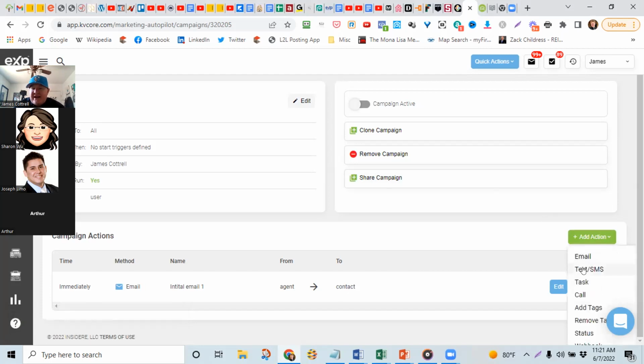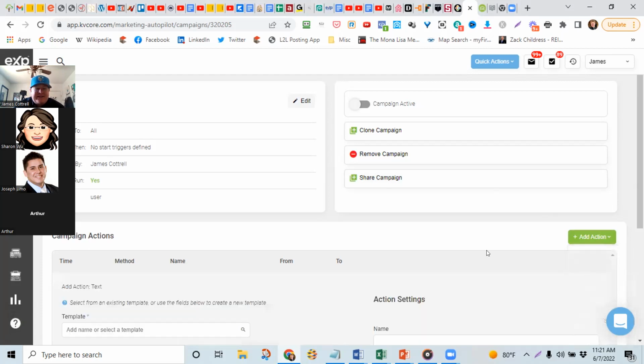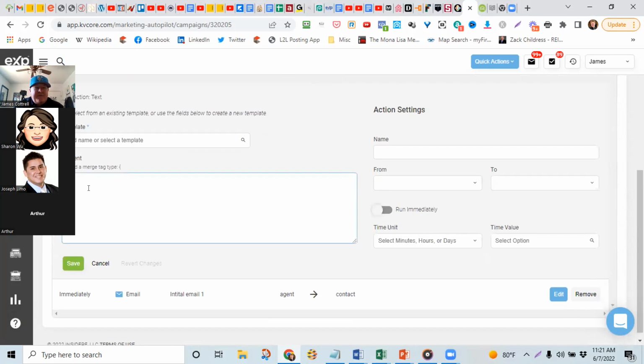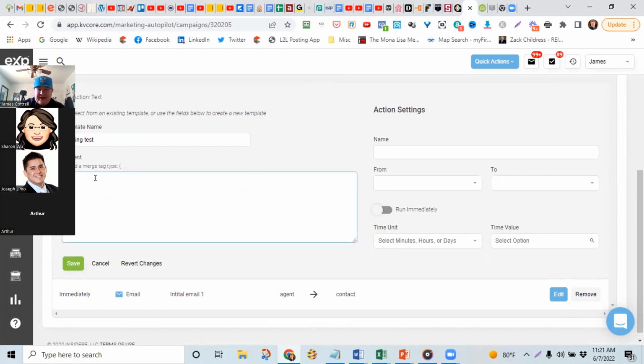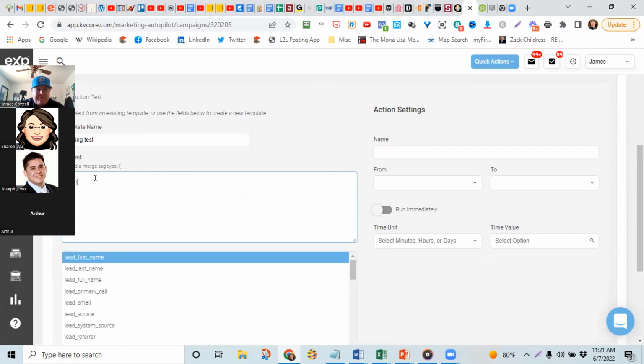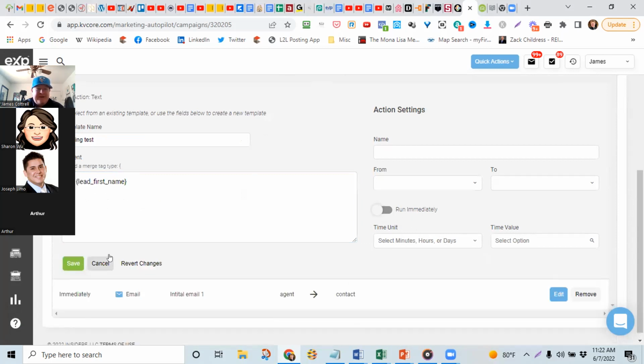So now I can hit add action again. I can hit a text. I'm going to type in testing text. And then you have the parentheses. You can see the first name, the merge tag again. Thanks for registering on the site.